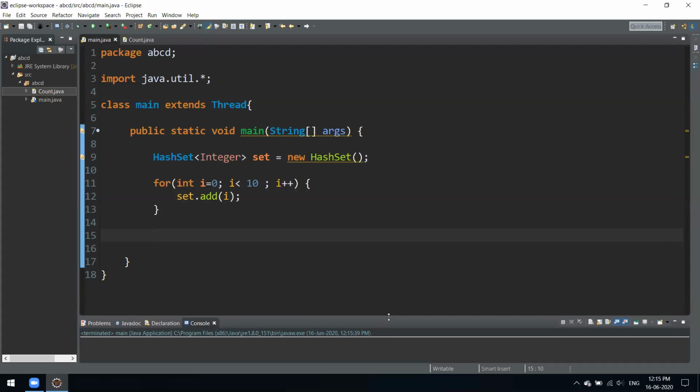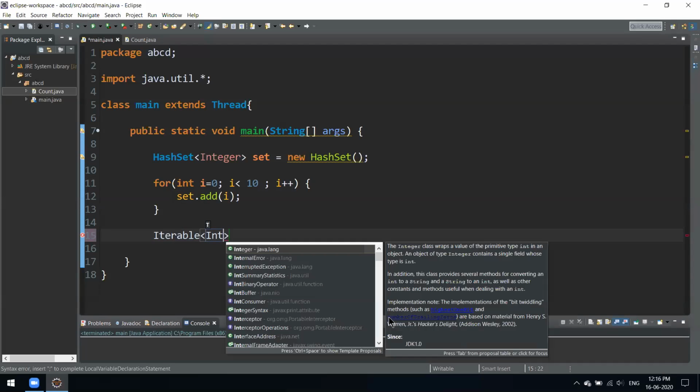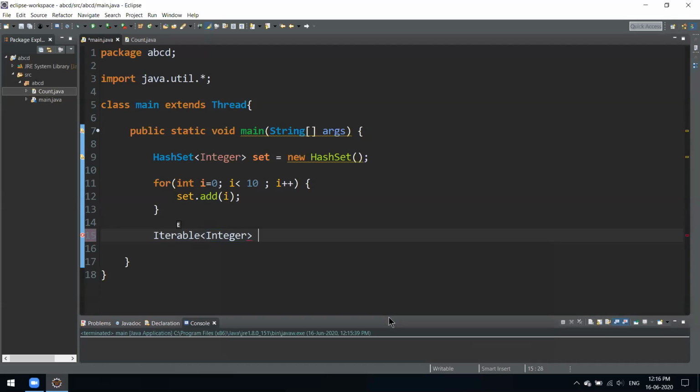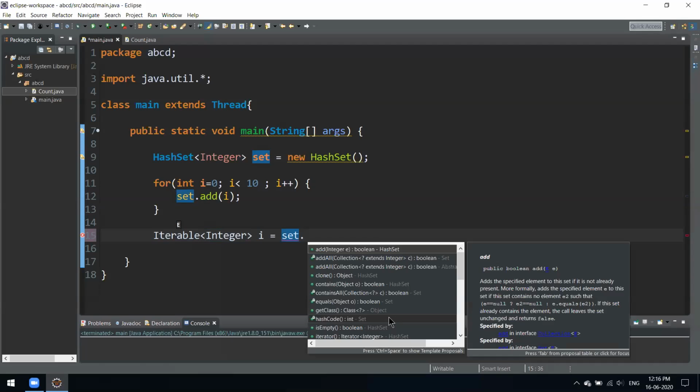For printing the hash set, we again have to use the Iterator interface. We have integers over here, so we'll write Integer and set dot iterator.